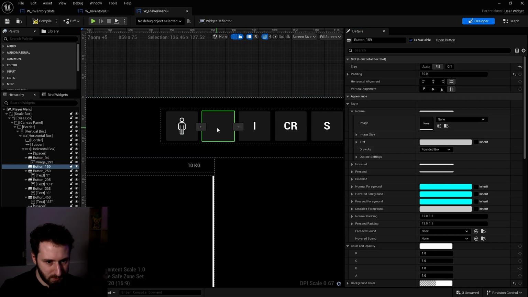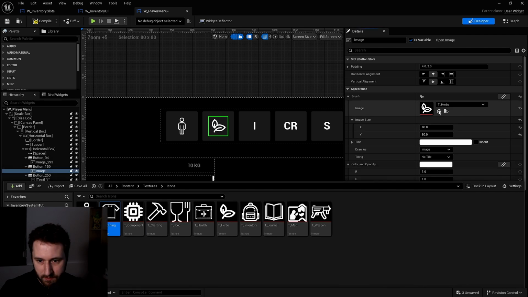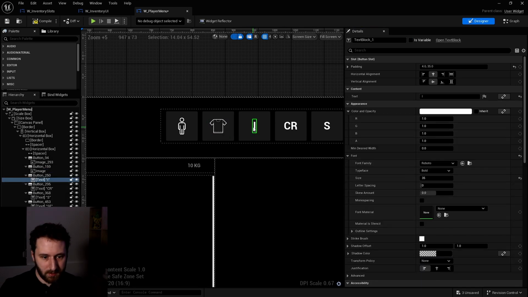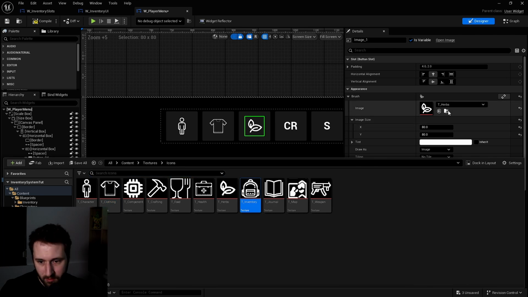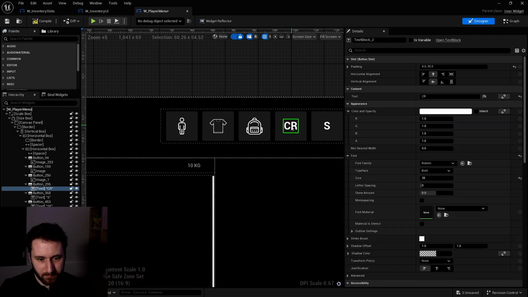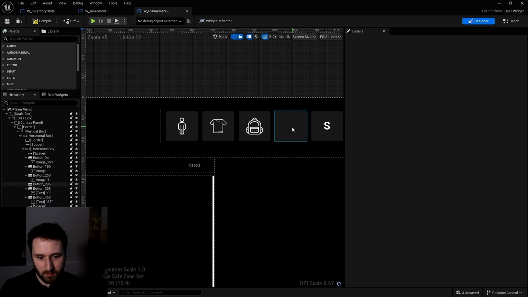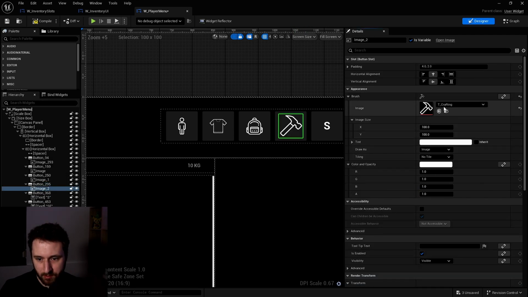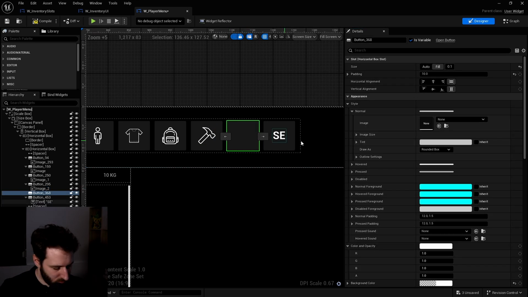In here we have clothing. So let's get our clothing. This one will be the inventory. Let's go with the little bag. Let's put 80 by 80. This one is the crafting. Remove this, paste. 80 by 80. This one is not right, it should be a journal.